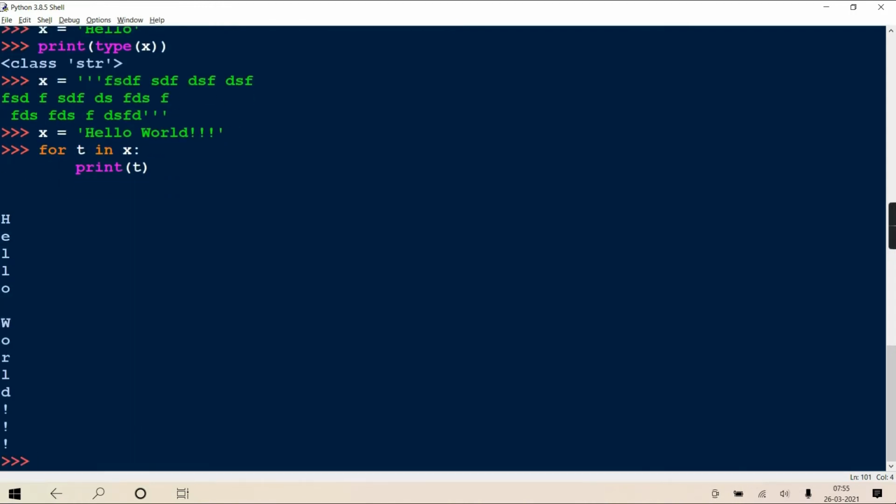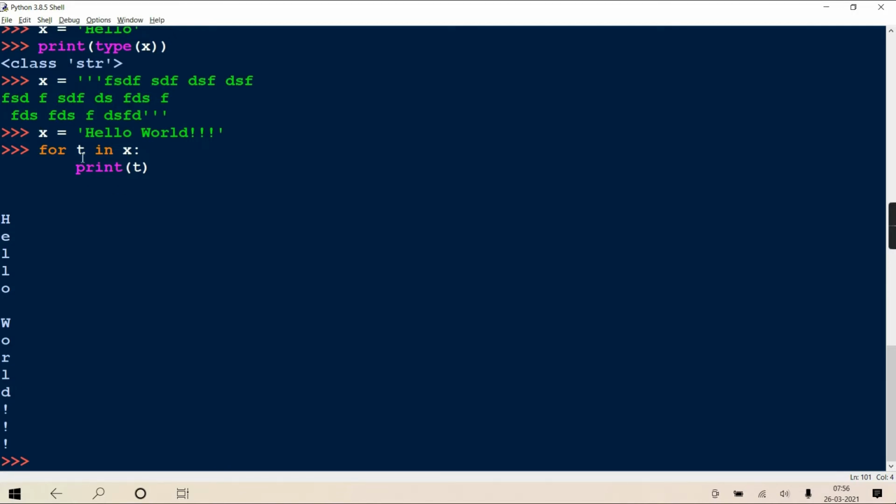It will display each and every character: for every iteration, the next character from the string x is copied into t. First h will come, then e, then l, then o, then space, then w, then o, and we just print them. So a string can be traversed in exactly the same way as a list, tuple, set or dictionary, using the standard for loop.